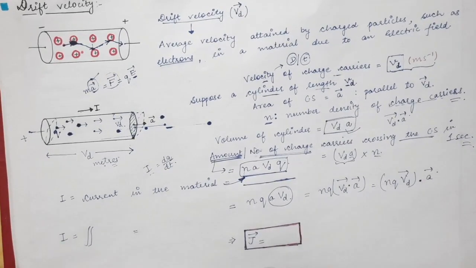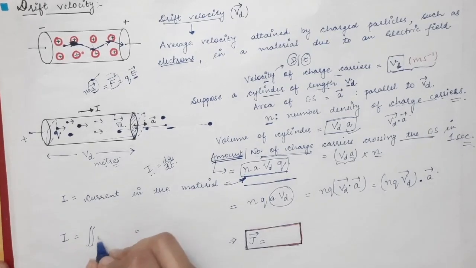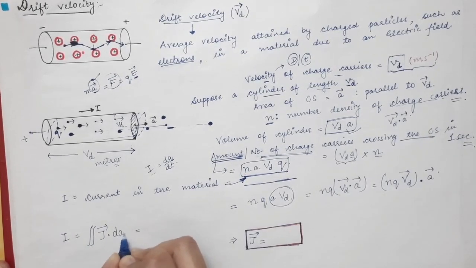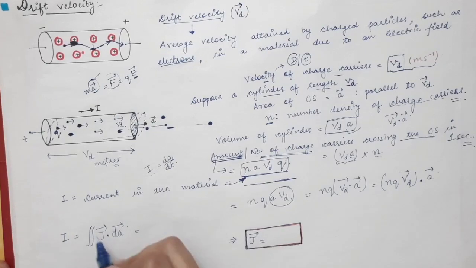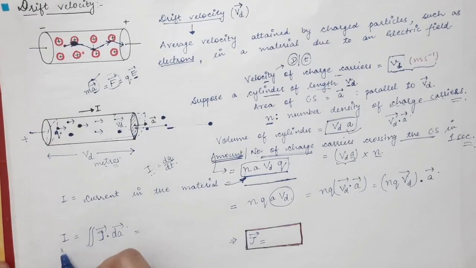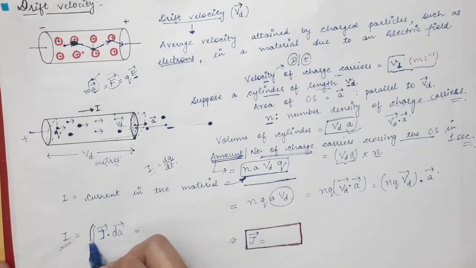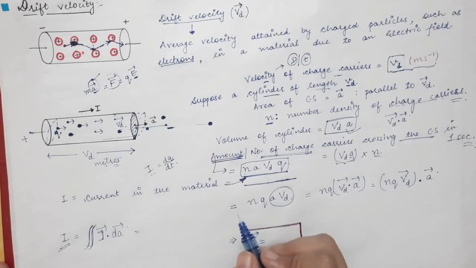Now what is current? As we have seen in the previous lecture, the current is given by surface integration of J vector dot product with dA vector. So J vector is the electric current density at a point inside the conducting material, dot product with dA vector. Around that point we draw the area vector dA vector. And if I want to find the total amount of current, then I have to take the surface integration.